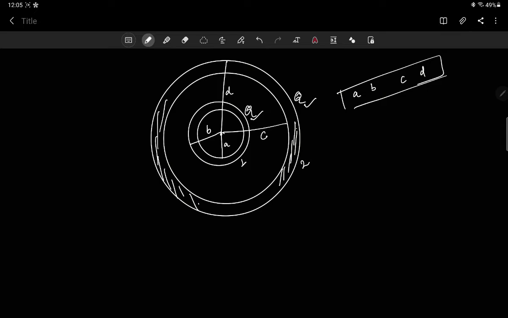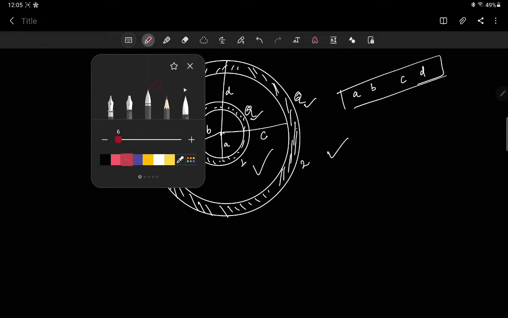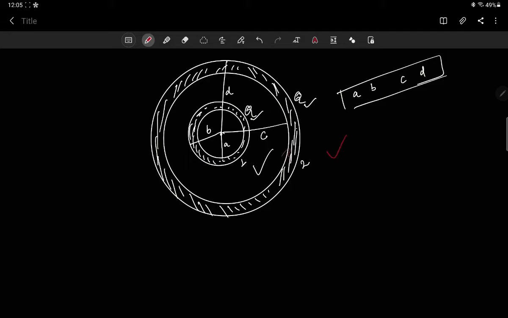Inside the metallic material, the electric field is always 0. This is a property of the electric field. In metal, the electric field will be 0. So the electric field can be non-zero in three regions: this region, this region, and the inner region. The charge Q is given to this shell.